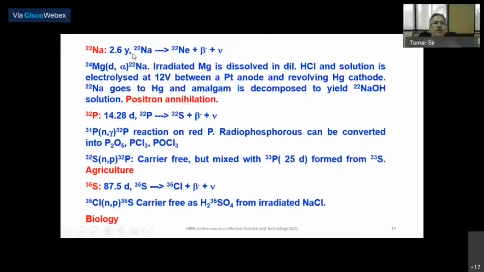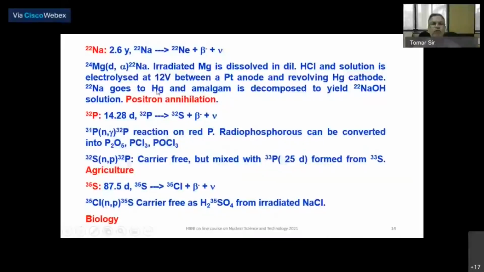Sodium 22 is a very useful isotope in positron annihilation spectroscopy. It has a 2.6 years half-life and decays by beta plus, not beta minus, to neon 22 plus neutrino. It is produced by magnesium 24 (d,alpha) sodium 22. So you irradiate magnesium metal in a cyclotron with a beam,